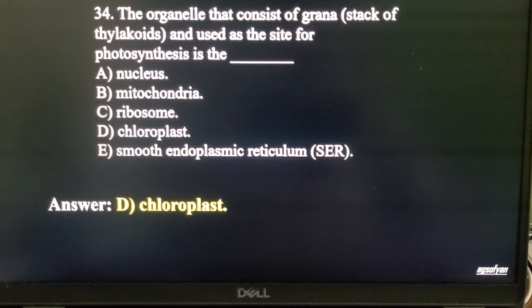Again, you have to study the organelles inside the eukaryotic cell. There is one organelle that is only present in algae and plants that is used for photosynthesis. It is called the chloroplast. And in the chloroplast, if you look using the electron microscope, you're going to see stacks of thylakoid membrane. That stack is called grana. The grana carry the chlorophyll, the green pigment, and this chlorophyll is used for making food,